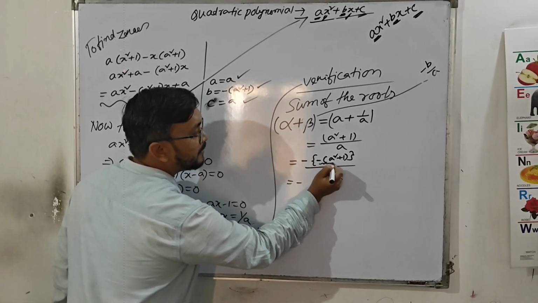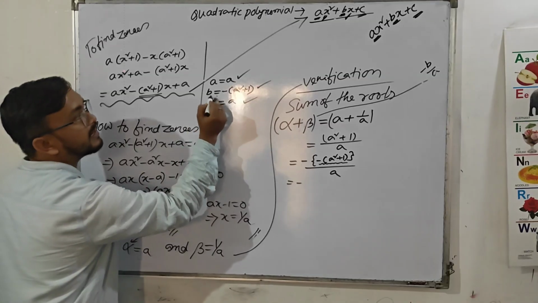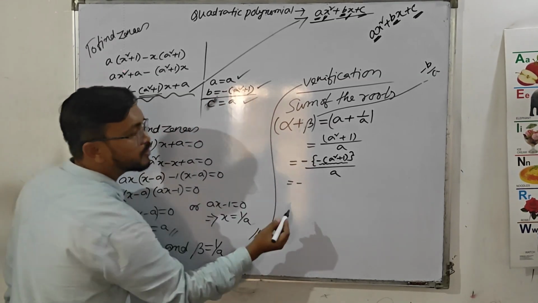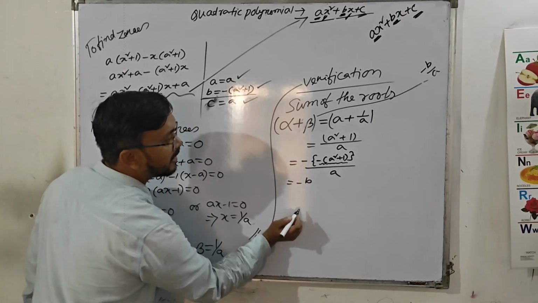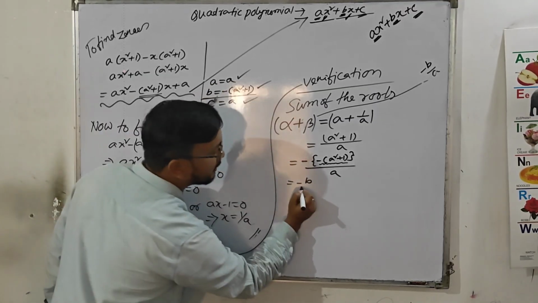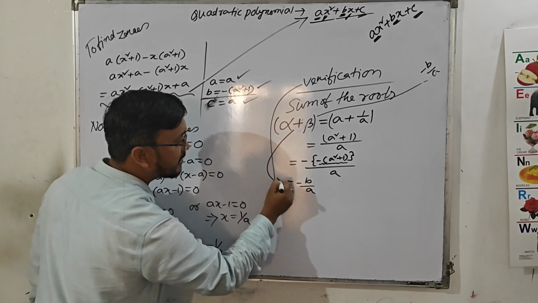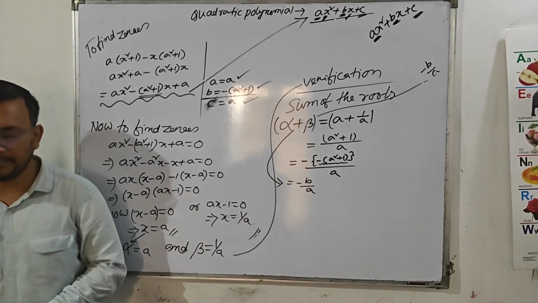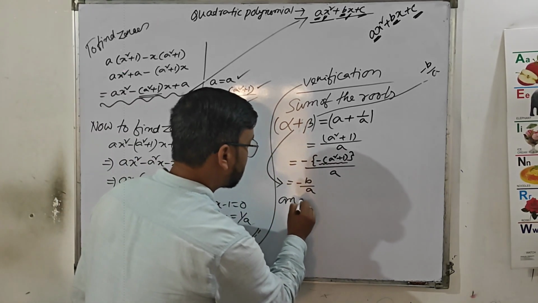So keep the negative sign. What is the meaning of this part? Look at this. B value is minus of a square plus 1. So I can easily put b here and a is already a. So I got minus b by a from alpha plus beta. Fine. And second relation is